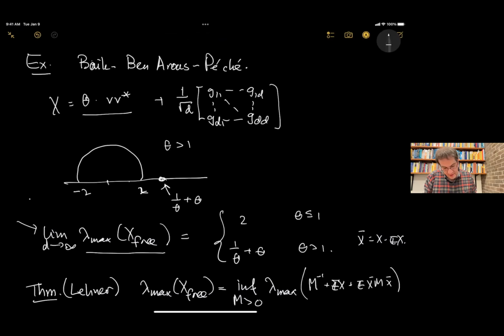And because this is a Wigner matrix, the norm of the covariance matrix of X divided by the expectation of X minus the expectation of X squared is of order 1 over D. So we're very far into the regime where the free behavior sets in. And we effortlessly reproduce the appearance of this phase transition of Baik, Ben Arous and Péché.